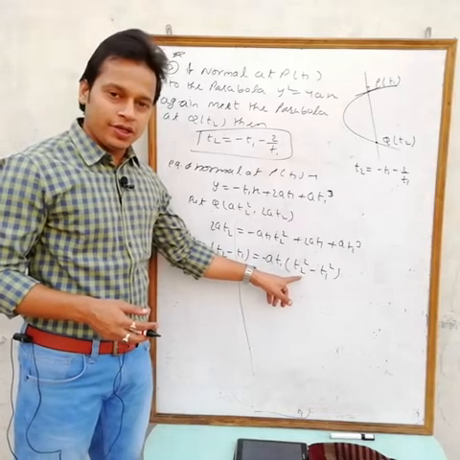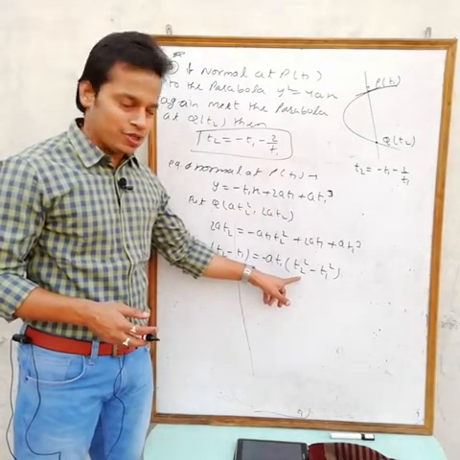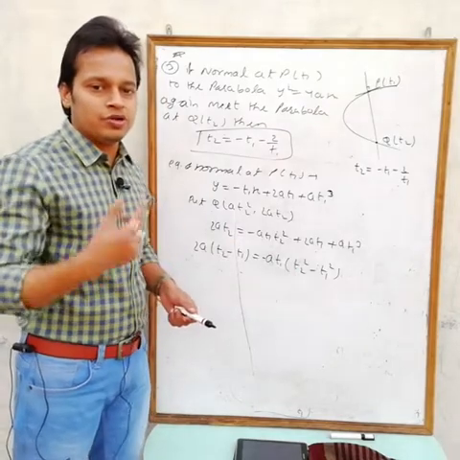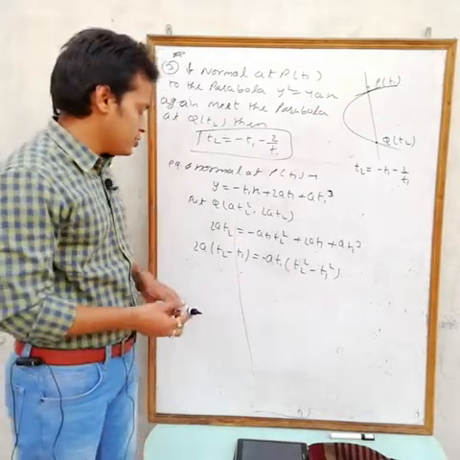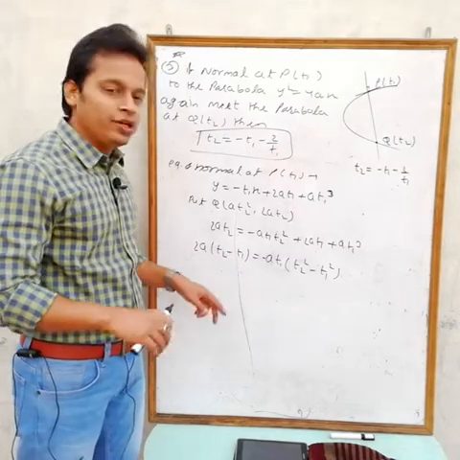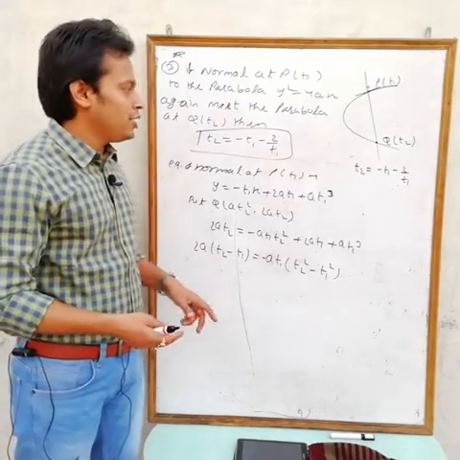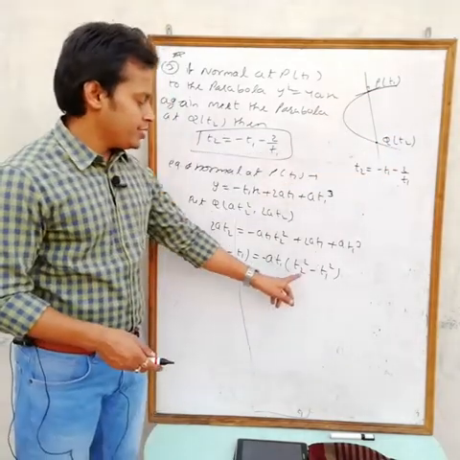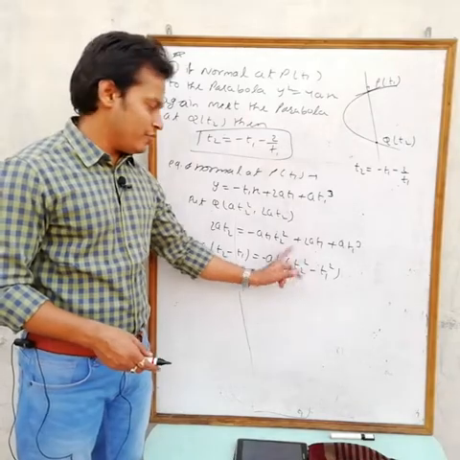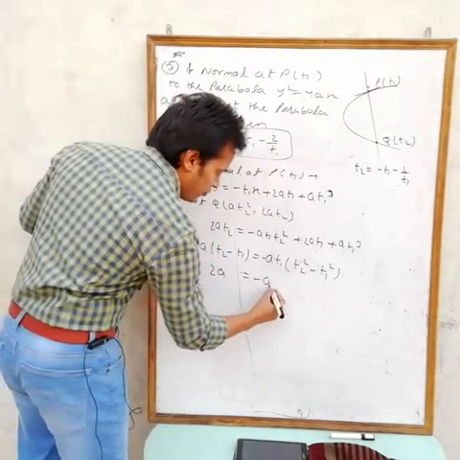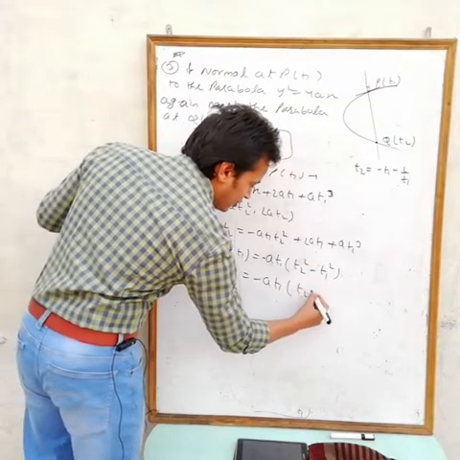Now see, again this one can be written as T2 minus T1 times T2 plus T1, then T2 minus T1 cancels out. Now we can cancel it because this can't be equal to 0. Why can't it be equal to 0? Because if T2 minus T1 becomes 0, then T2 equals T1, and T2 and T1 are not the same point. So this can be written as T2 minus T1, T2 plus T1, T2 minus T1 cancels out, then we are getting 2a equals minus a T1 into T2 plus T1.